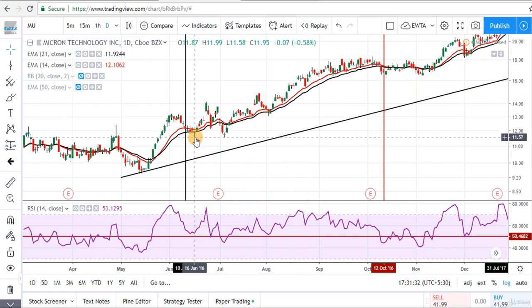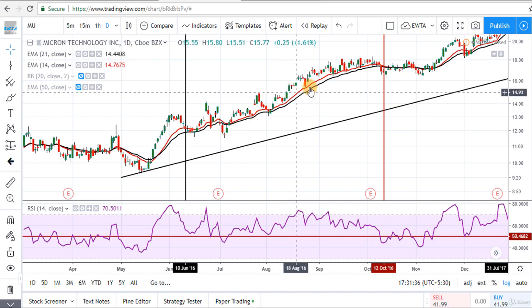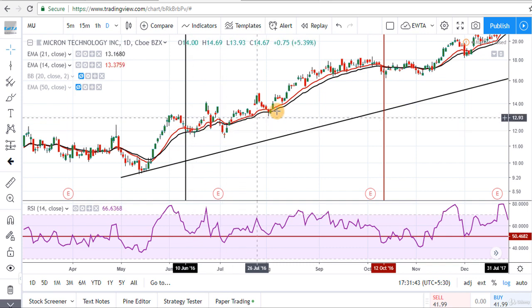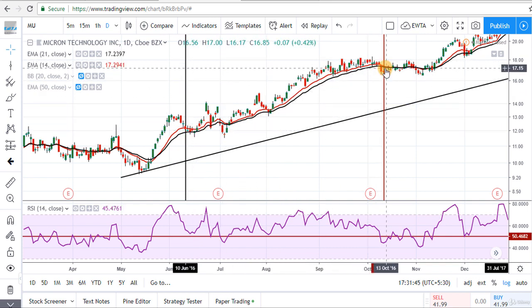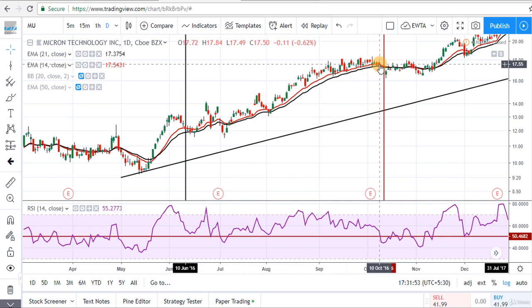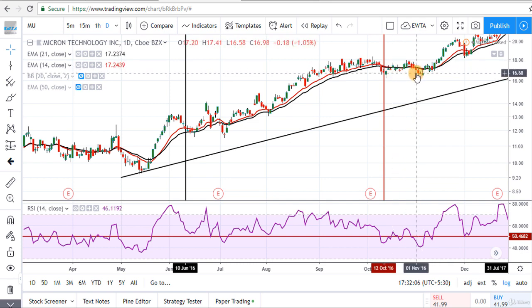On daily time frame we will analyze the chart only when moving average set is giving us a hold signal. See, 14 period moving average is above 21 period moving average here, and at this point 14 period moving average is going down the 21 period moving average. So only in this portion we will buy call option. After this line we will not buy call option because moving average set is not giving any buying signal, but